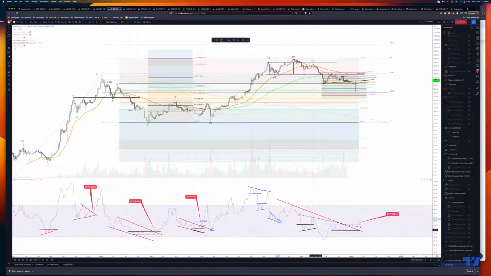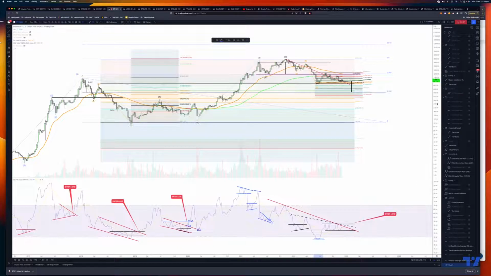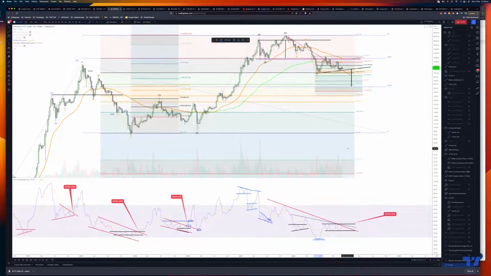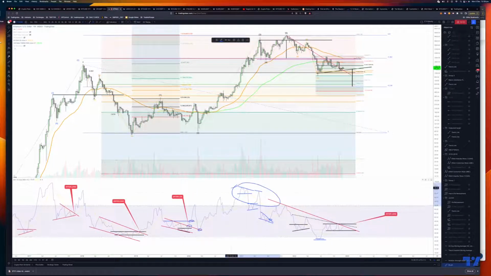Now we're at this level here. So this was a nice bottoming formation. I think this is potentially the bottom. And well, let's go into it. So using the same method, we have our reference points. We'll disregard these ones in the picture because they're not related, they're related to something else. So now we've got this reference point,